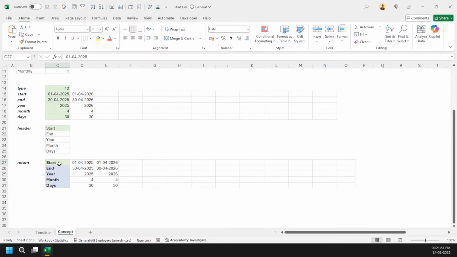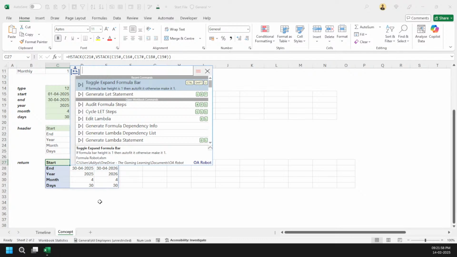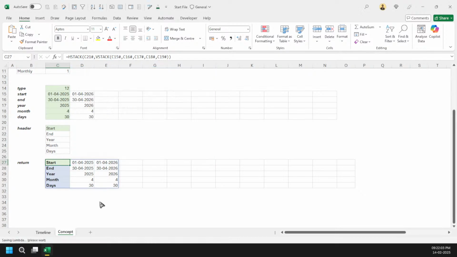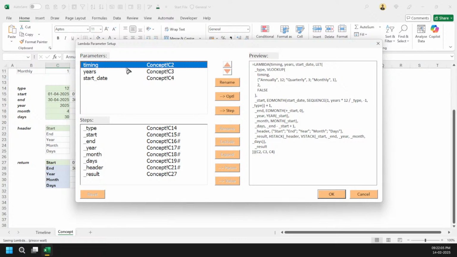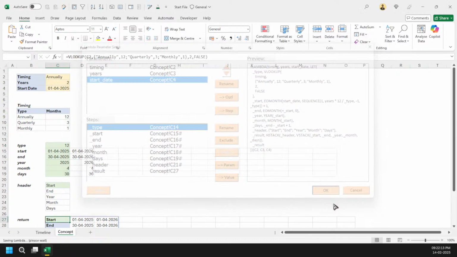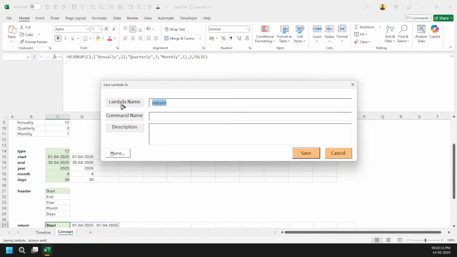Got it? So now what can I do here is, again, the OA robot saves my day. I can come here and simply say generate or save lambda directly. Then here we'll say timing, year, start date. And because I wrote my variable names perfectly, it is looking good for now. I will name it my timeline function.